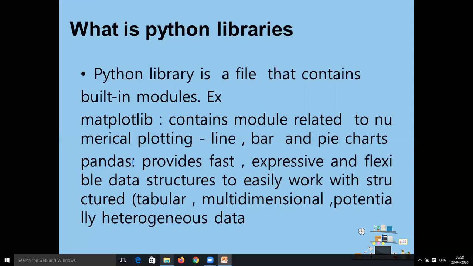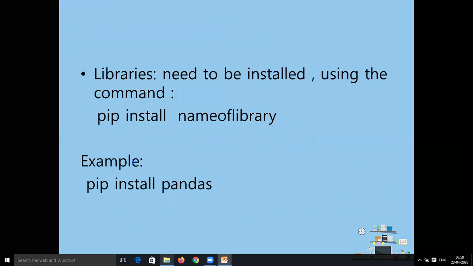So now what if the module or the library is not a built-in library? In that case you need to install this library inside your Python. To use the functions stored inside these libraries, we have to install them in our Python.